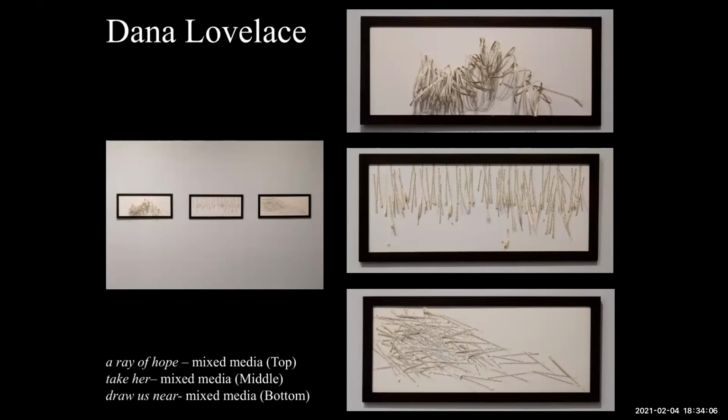through that time. The second piece in the center is called Take Her, and it represents the idea of my mother being taken from me. The lines are, in a sense, a pouring down of my feelings and emotions. And if you can see, there are some small letter forms that are trapped and that are floating, that are revealed, and in some ways become a game of hide and seek, if you will, where I can see my mom and I can feel her and I touch her, but yet she was being taken away from me, and what that represents. And the last piece on the bottom is called Draw Us Near, and it reflects the idea